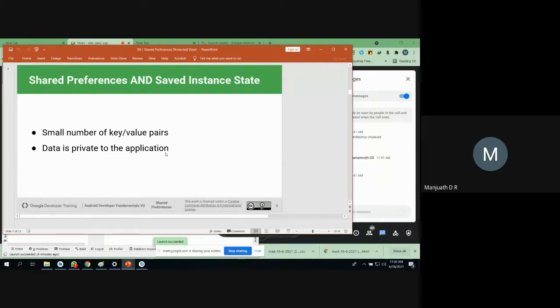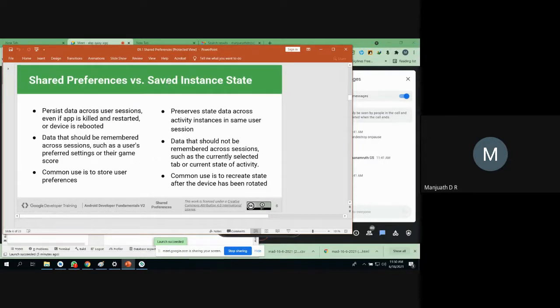Whatever modified data you have entered into a particular field is always retained, even if your application is destroyed, closed, or in a background process rather than a foreground process. The difference is, whenever you are working under different user sessions, if the app is killed and restarted, or the device reboots, the recent data you entered is still present in your shared preferences. The same thing is not provided with saved instances.